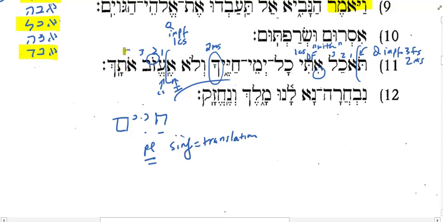Otach, you. Okay, so here is the form of the direct object marker with the pronominal suffix. You see the holam? Here it is with, not the direct object marker. Okay, which pronoun is otach? It's the direct object marker with the pronoun. It looks second feminine singular, doesn't it? But it's not. It's second masculine singular. What's happened here? It's pausal lengthening. I get this silluq, which is a strong disjunctive accent. It causes the vowel pointing to lengthen. It should have been this.